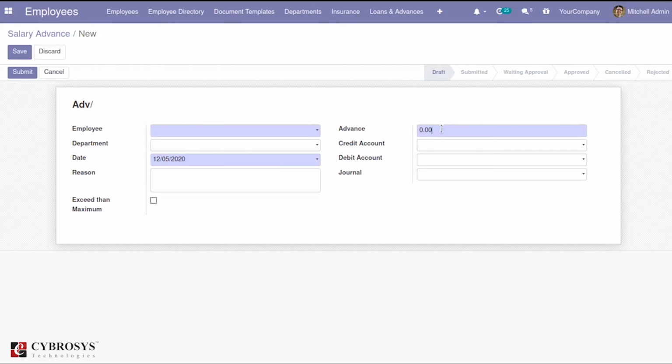Then here you can mention your amount, and correspondingly the credit account as well as the debit account, and also mention the journal where it should be reflected. These are some of the options that you can see in the form of the salary advance. From here you can simply create, or your employee can request, a salary advance and can submit it to